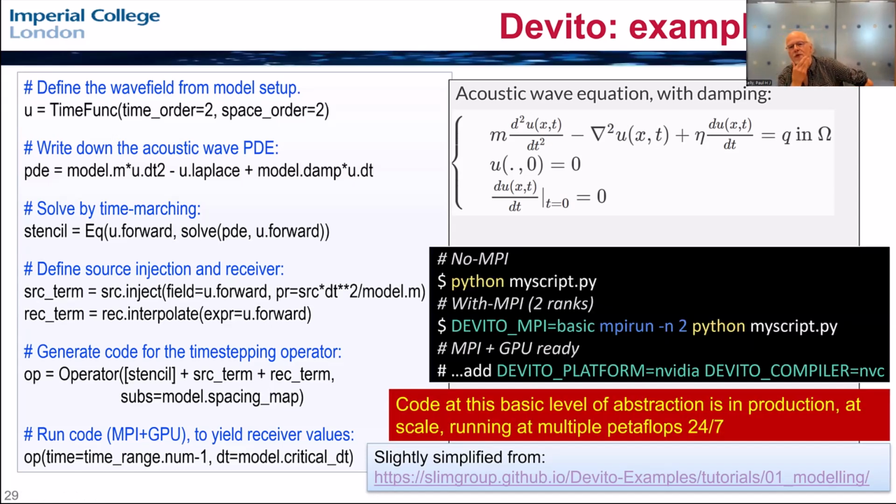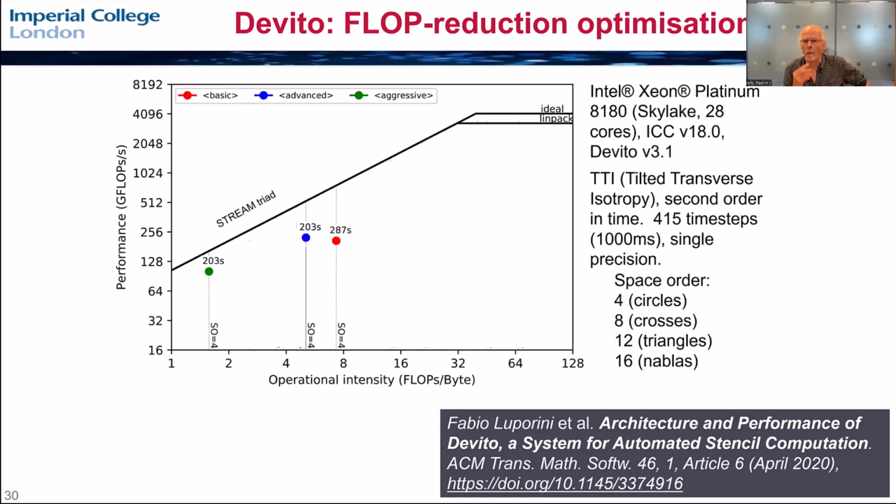Having written the script, you might ask, well, I can run this on my laptop. Actually, I can take the same script and run it fast in MPI on your cluster, your laptop, your supercomputer. And if you want it to go on your GPU, on your laptop, or your supercomputer, then you just add more environment variables. This stuff, at this level of abstraction, is being used by DeVito customers day in, day out. And without very much low-level hacking, I would love to claim zero. It's mostly zero.